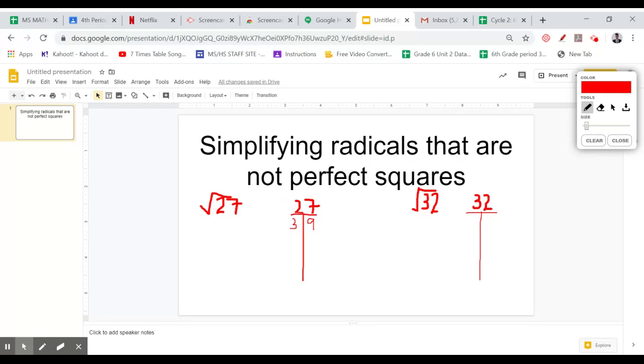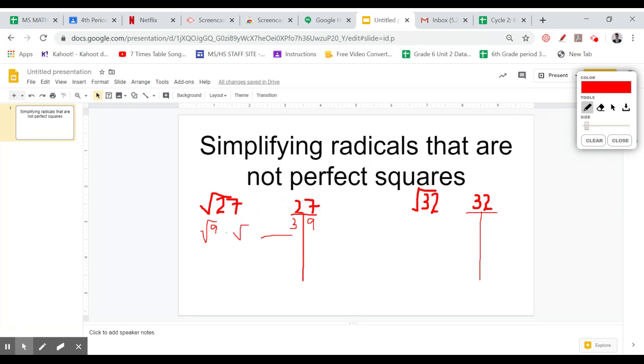As you can see, 9 is a perfect square. After that, you're going to rewrite the two factors in radical form. So I now have square root of 9 times